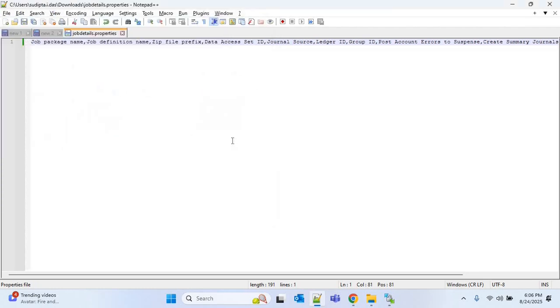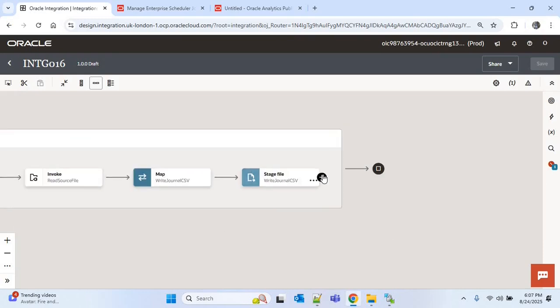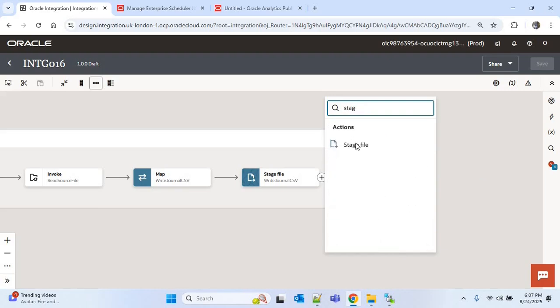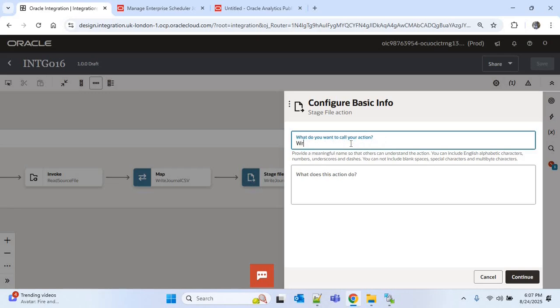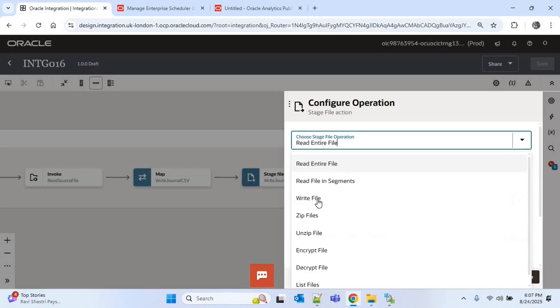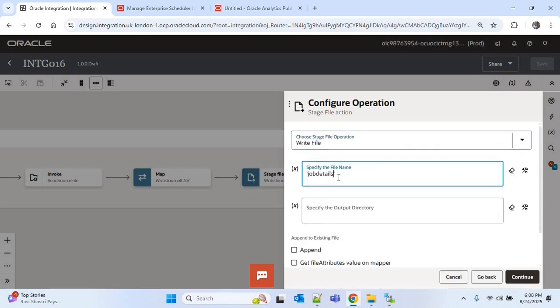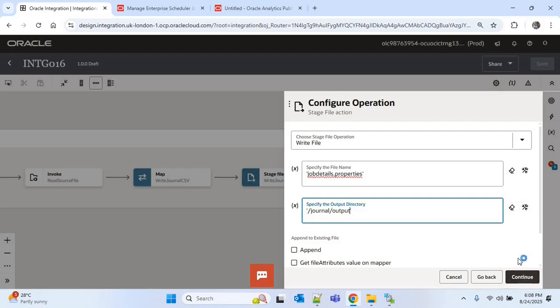Now I'll save this. Now I'll go to OIC, and after the write journal CSV, I'll click on the plus and search for stage file. I'll provide the name as write journal properties. Continue. Now I'll choose the option write file. The file name I'll provide as job details.properties, and for the output directory we have to provide the same directory that we have used for the journal CSV file, which is journal output. Now continue,